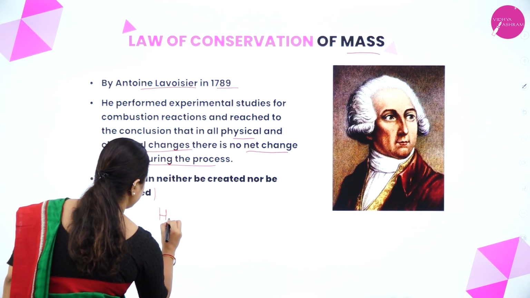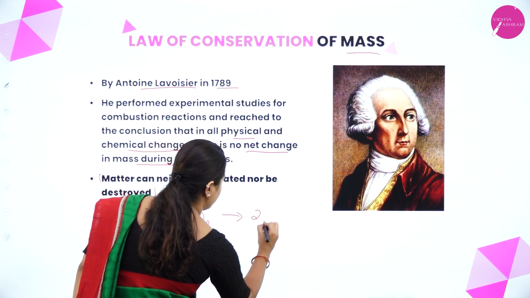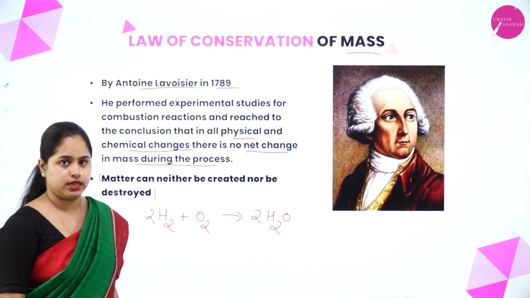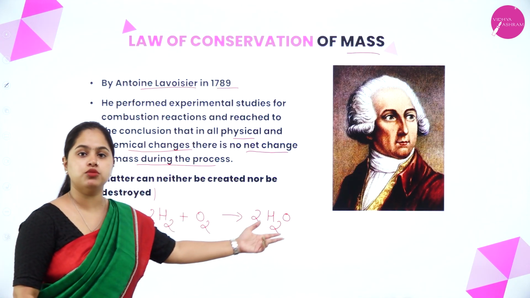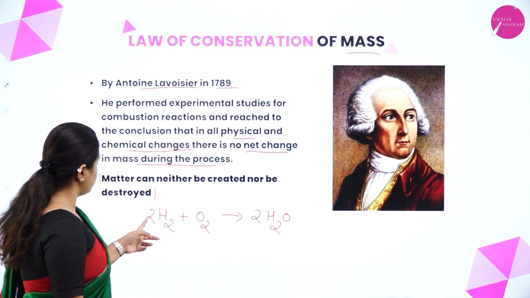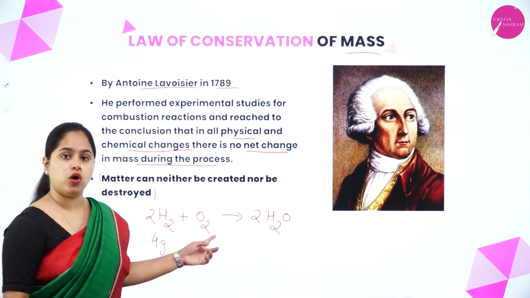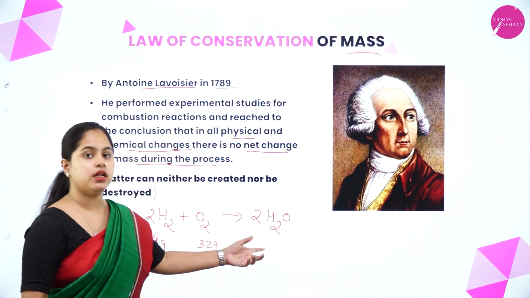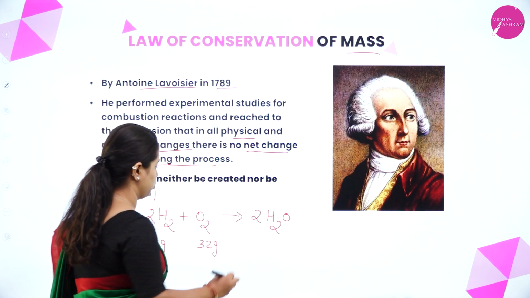Hydrogen gas combines with oxygen and forms water. If I balance the equation, it will be like this, right? 2 molecules of hydrogen gas combine with oxygen to form 2 molecules of water. Now we are going on with the mass. So 2 molecules of hydrogen means it is 4 gram, and oxygen gas 32 gram. And you know that 1 molecule of water is 18 gram, into 2, that will be